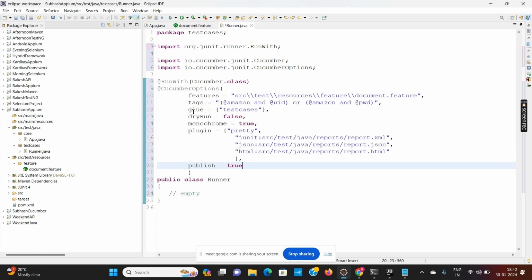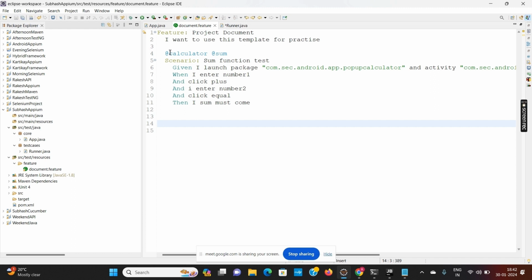Here we have written features equal to the location of my feature file, src test resources feature document.feature. Then what I want to run, I want to run the @calculator annotation.